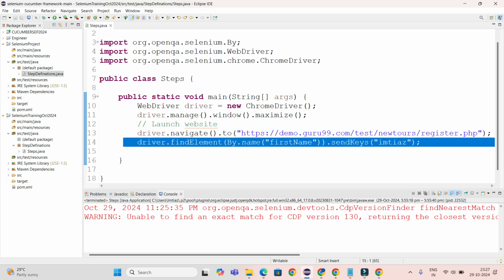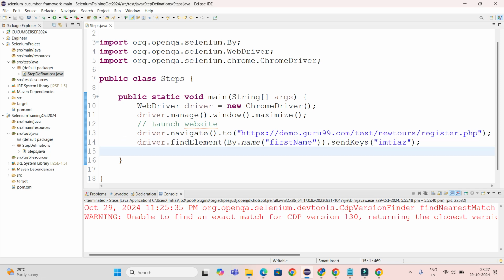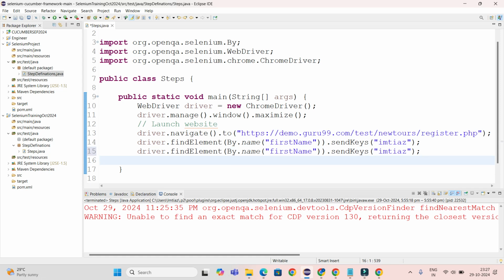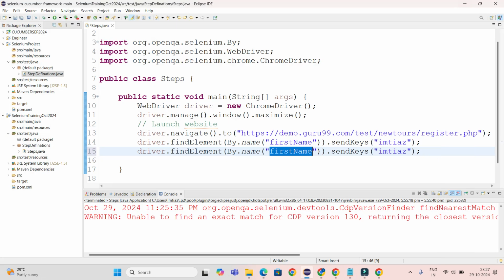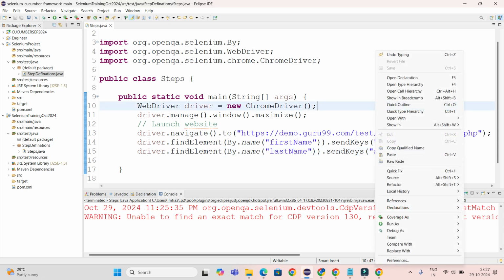Now again, I'll copy the same statement, instruction, paste it here, and I have to put the address. This name is the address. Put the address here, and you want to put last name something. Now right click,